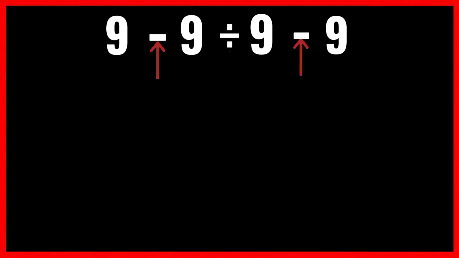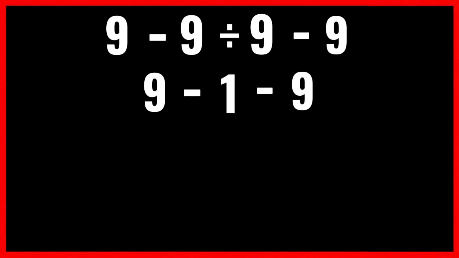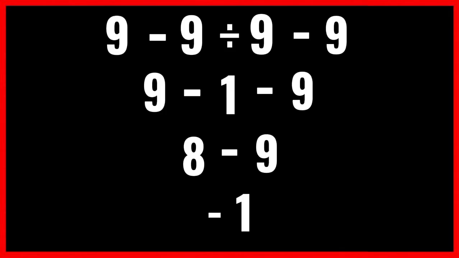So let's fix it. First, isolate the division in the middle, 9 divided by 9, which equals 1. Now, rewrite the equation. 9 minus 1 minus 9. Now we just solve left to right. First, 9 minus 1 gives us 8. Then 8 minus 9 leaves us with negative 1. So the real answer isn't negative 9. It's negative 1. Now that you've mastered both of these traps, let's see if you can handle this bonus challenge